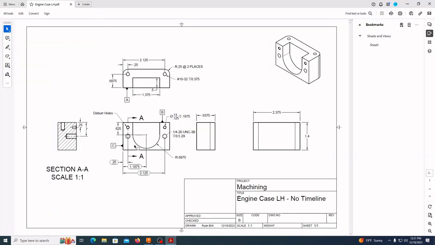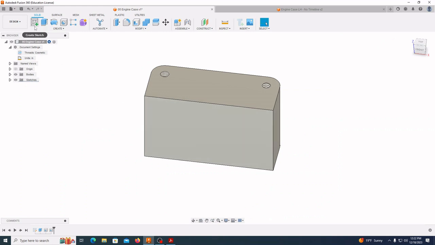So we have our cutout right here, and we can see that the center of this circle is 1.1875 in from the side. It has a radius of 0.6875, and it goes down from the top 0.625. And we have these two vertical lines right here, which are tangent to that, and it is cut a 1/2 inch thick. So we'll go back to Fusion 360, create a new sketch, but instead of being on the top,